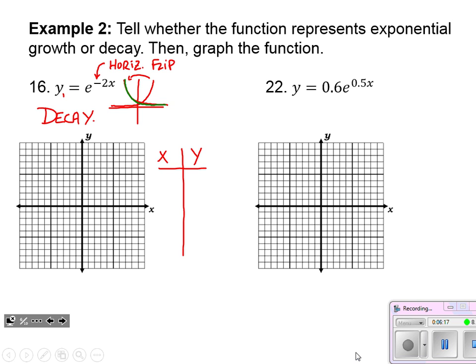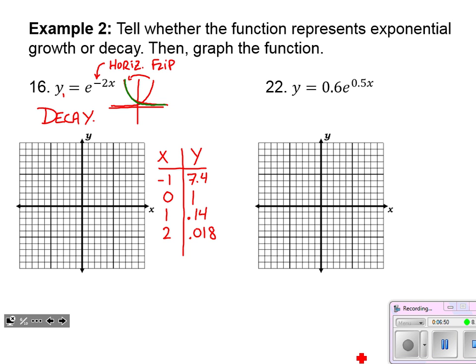I'm not going to look at the graph. I'm just going to hit second graph to go to the table and pick out some nice points that I know will fit on this coordinate plane. So when I have negative 1 for an x, I get 7.4. And I'm just going to round to the 10th because, you know, human error when we graph this, we can get so close. When x is 0, I should know that one. Y is going to be 1. When x is 1, I get 0.14. And when x is 2, I get 0.018.